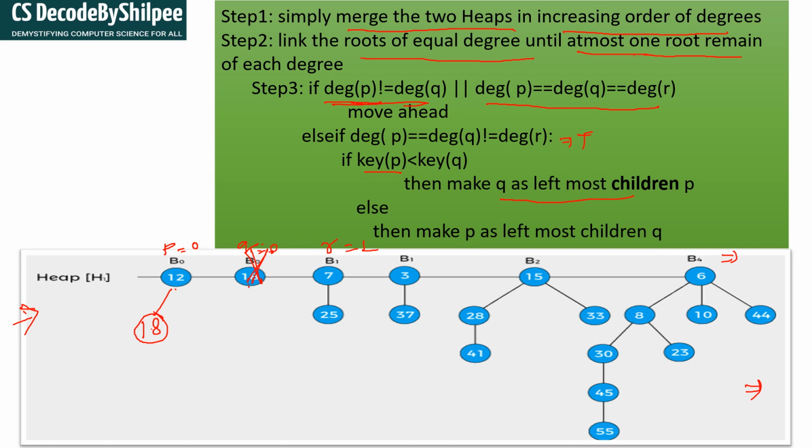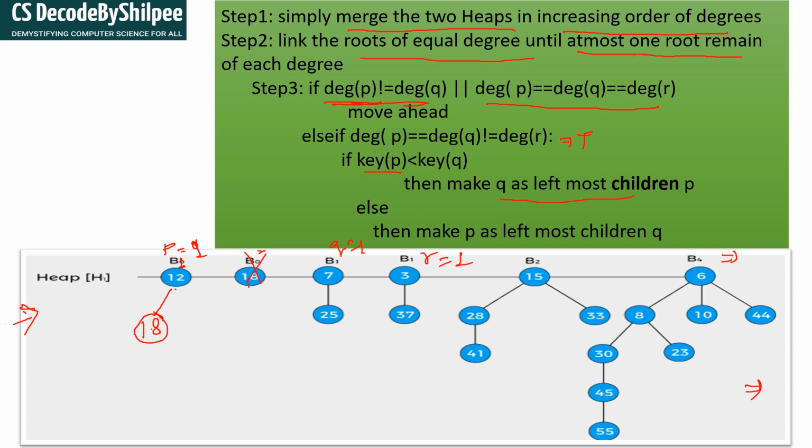Now what will you do? Now this order is changed, so the P, Q are also going to change. P is here, and this becomes Q. I am going to erase this, and I am going to erase this also for better understanding. So this is P, and the degree of P is now 1. This Q is also now 1, and R becomes 1. Now you have to see here, P's degree is the same, Q's degree is the same, R's degree is the same. Then what are you going to do?